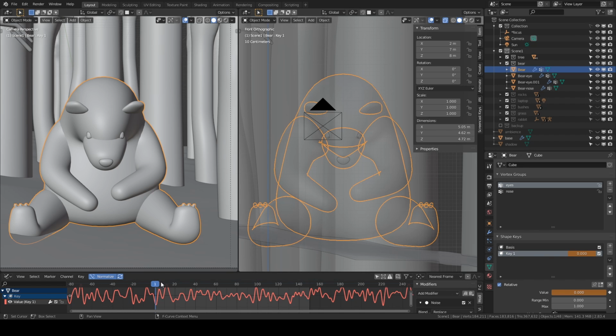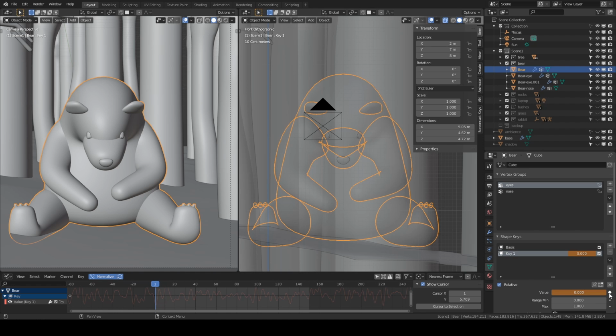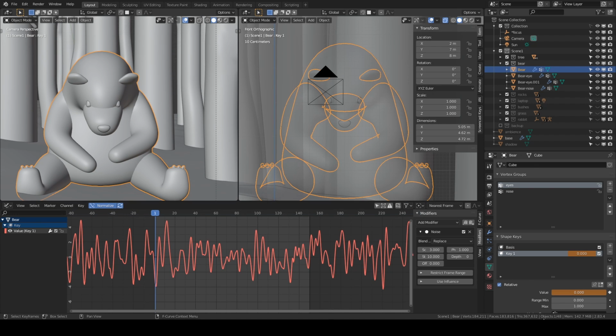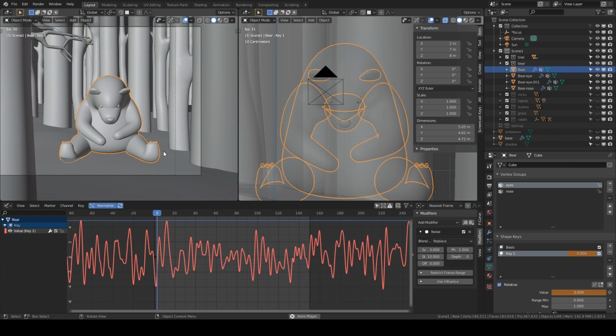I define a new shape key, which is this is 1, and then this is, wait a second, and then this is 0. So the idea was to keyframe one of the values, and then I added a noise modifier that gives random values to this shape key value. So it looks like as if it's drumming or as if it's typing, right? And then I changed this scale and strength so that it looked reasonable in motion. So something like this.